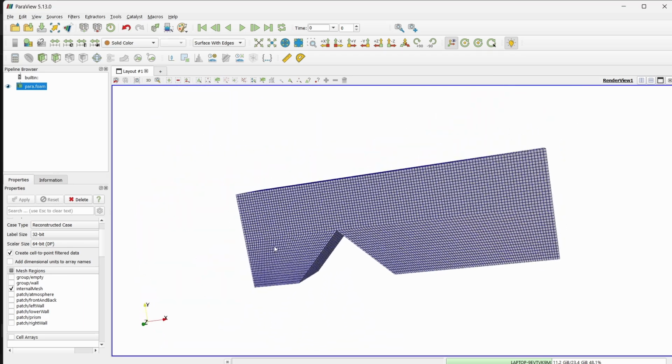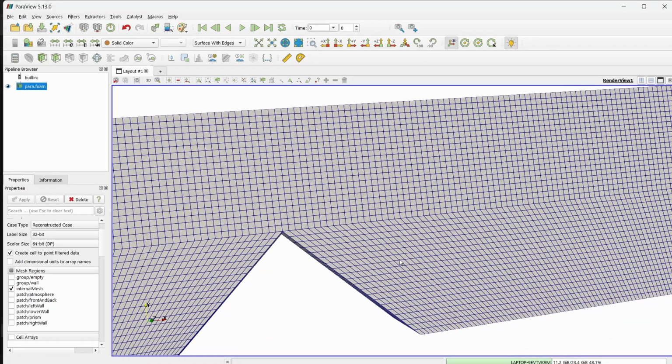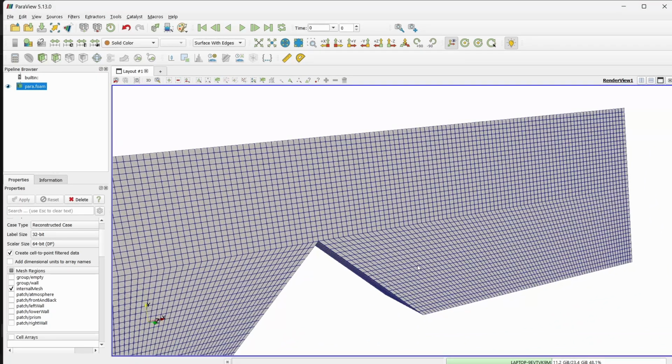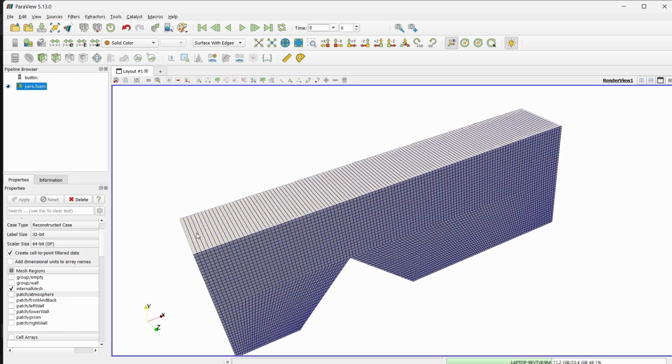And this is a very coarse mesh, not ideal for a realistic case study, but for a tutorial this is fine because we need to get the results faster. But this is not accurate, just know that. You might want to have a finer mesh or do a grid independence study before coming to a conclusion on which mesh to use. Okay, now you can see that we have atmosphere, which is the top,